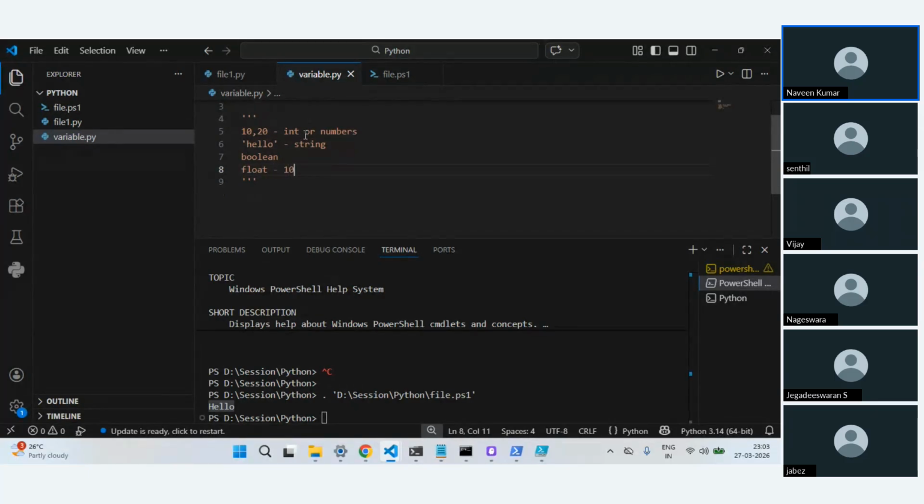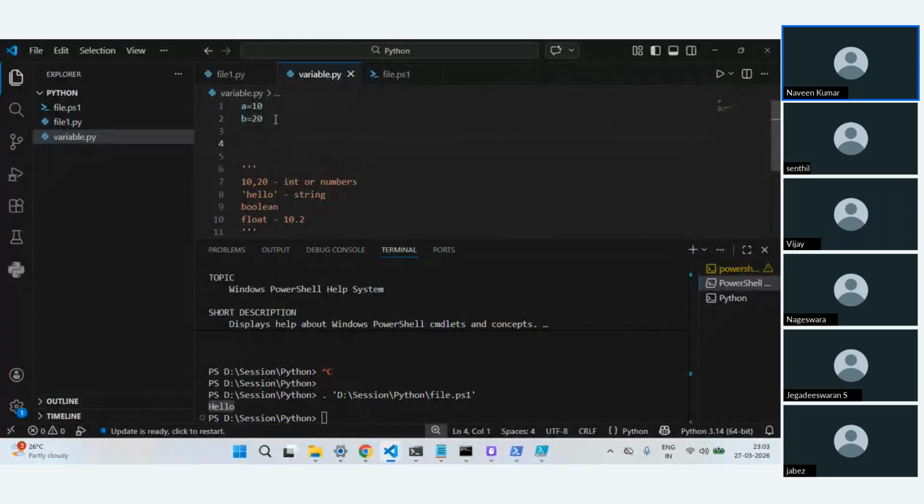Float is nothing but a floating number, which has a decimal. There are different types. But when it comes to Python, you don't have to explicitly say what your data type is. You can just assign a value and write it.